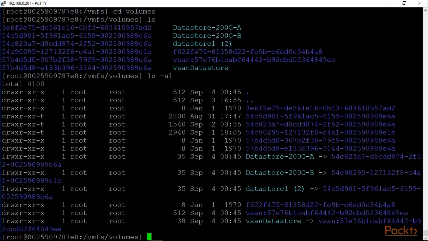Here we are. Some of these are basically links. As you can see, this is a link to that, and 200G-B is a link there. So some of them are links, but these are the ones that we can actually also obviously utilize. So what we are learning here is that ESXi basically mounts the devices here at